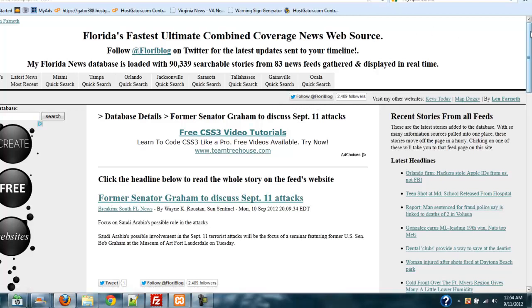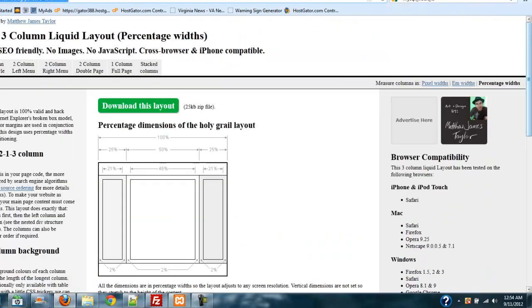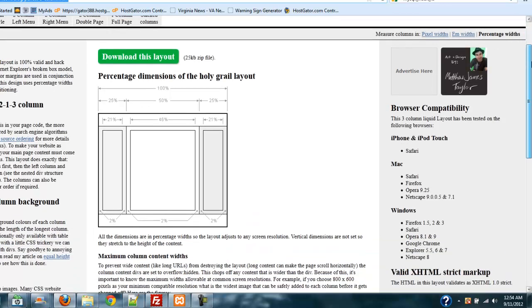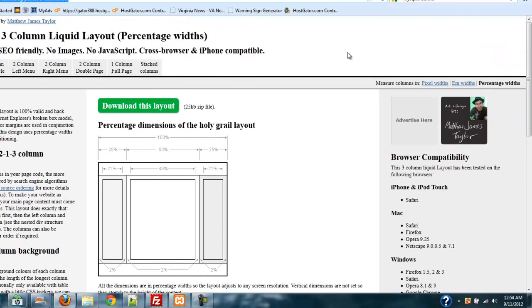We're really not that far from finishing up this whole thing. Actually, we're probably about halfway through, maybe a little further. But yeah, go and grab this CSS layout, because that's what we're going to use for this demonstration. Once you've gotten to the end of this series, you can use whatever layout you want to, because then you'll have all the scripts to put in wherever you want to put those in. So go grab that